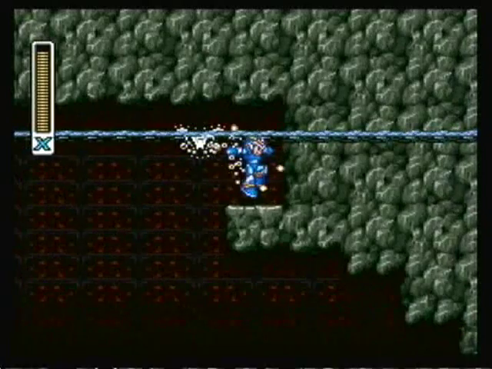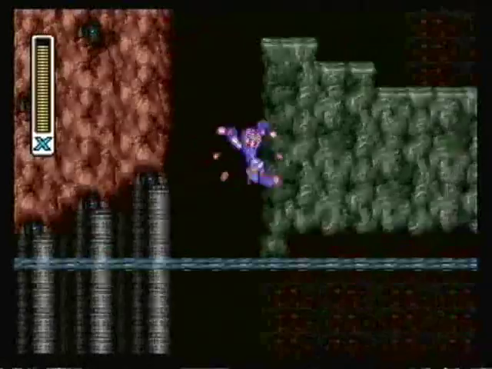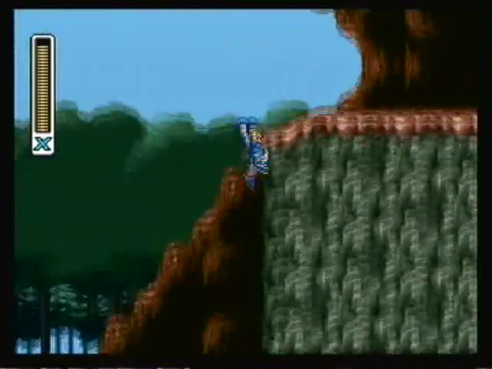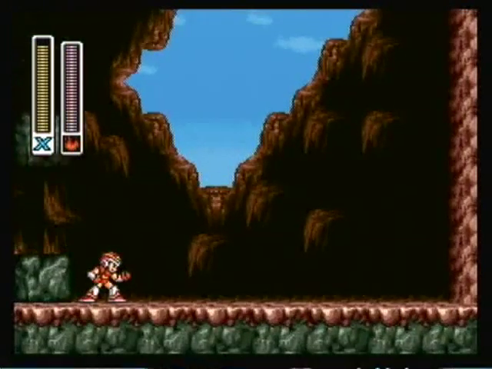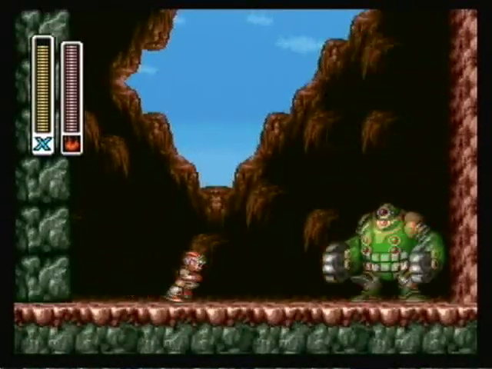Yes, you need to beat Launch Octopus's stage first, so this area will be flooded so you can get that heart tank. But we're not done yet. You must climb up here in order to get the next capsule. Did you double jump on the water? No. Alright, well, it looked like you would spontaneously change direction the moment you...